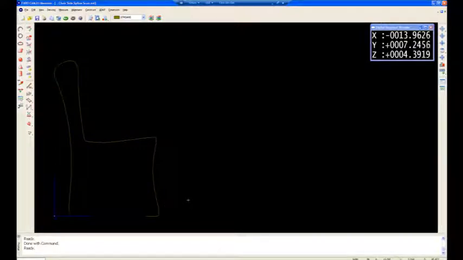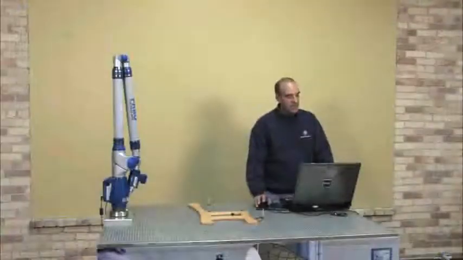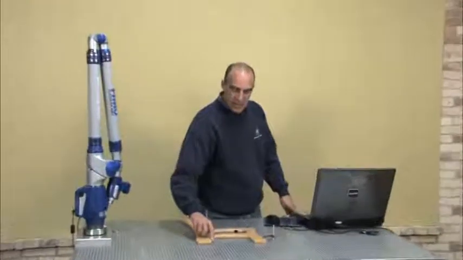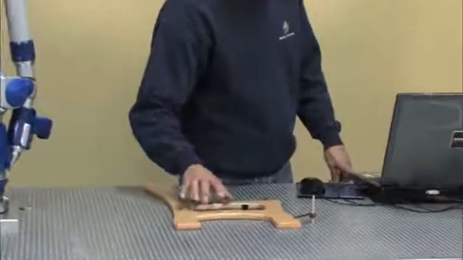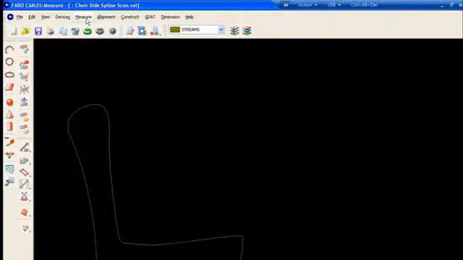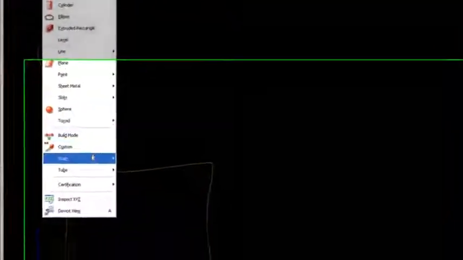You'll notice in my SAT file, I've got the back already tracked here as a spline coming up over the top, and then the seat pan here, and then just the front of that leg. So what I'd like to do is just continue on, get this detail right through here, and then hit this middle section right here as well. And the way I'm going to do that is I'm just going to run over here to the Measure menu, Scan,